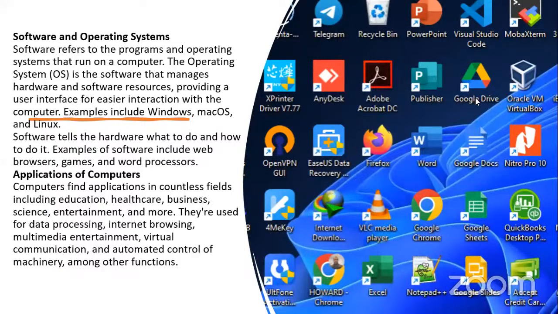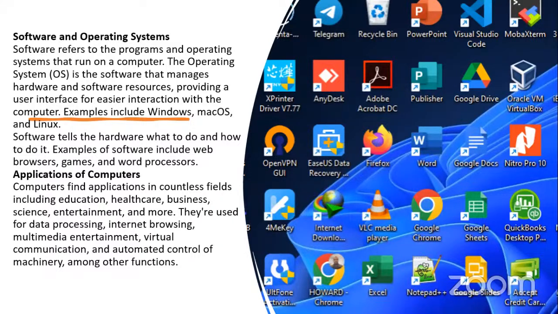Okay, now these applications, as I earlier explained, are used to process data, right? Like the browsers here are used for internet browsing. The multimedia application like this VLC media player is used for multimedia entertainment, like playing videos and music. Zoom is for your visual communication. Nitro Pro is to edit PDF documents and convert them to every other thing.